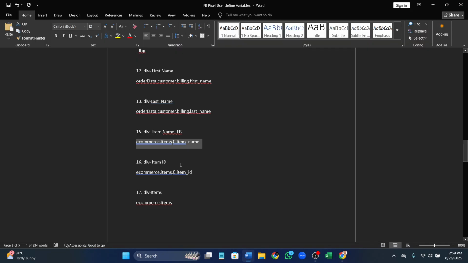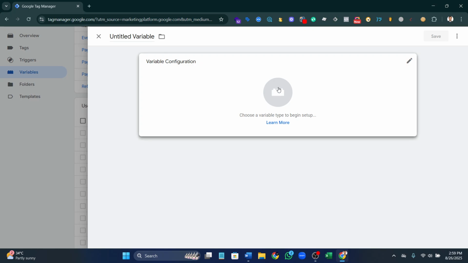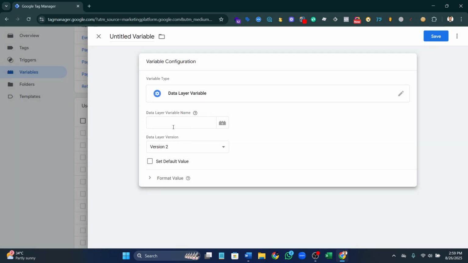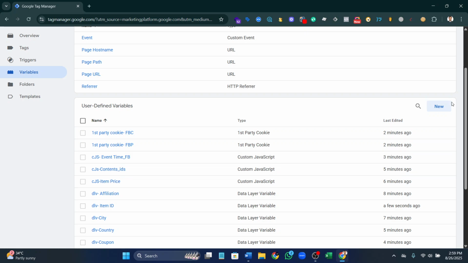Next, DLV item ID. Control A, DLV item ID. Next,